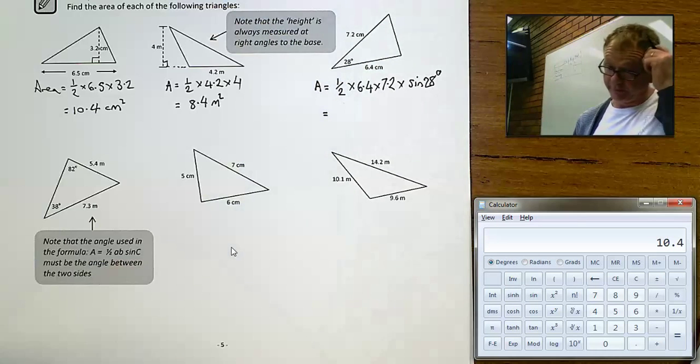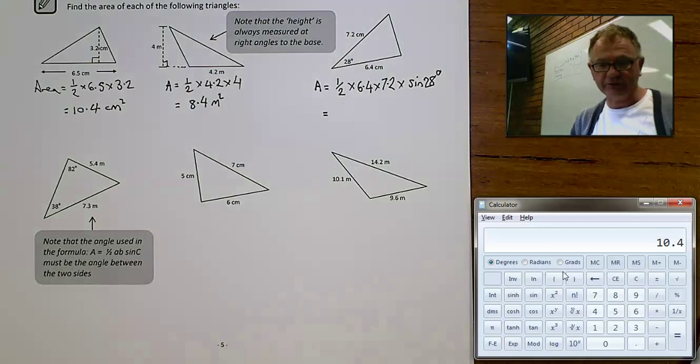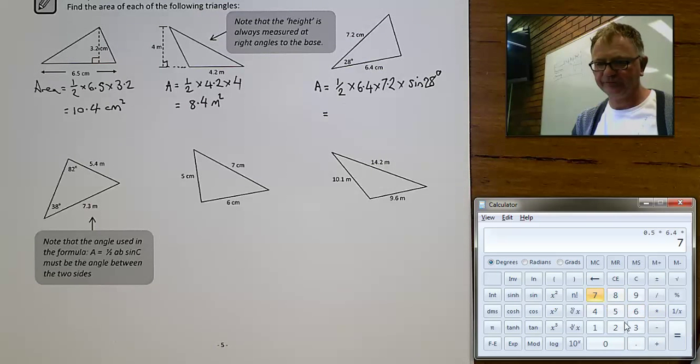I've just got my little Microsoft calculator here on screen. You've probably got a different calculator that you work with, but no matter what calculator you're working with, the important thing is that you make sure that it's converted to degrees mode. On this one here it's very clear, but on your calculator you must make sure you're in the correct mode when you're using trig functions. So if I'm doing this, 0.5 times 6.4 times 7.2